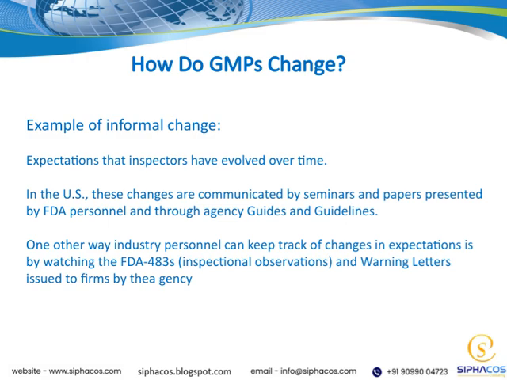Here in the U.S., these changes are typically communicated through various channels like seminars and papers presented by FDA personnel. They also share updates via agency guides and guidelines. Another effective way for industry personnel to stay informed about these evolving expectations is by reviewing the FDA 483s, which are the inspectional observations, as well as warning letters that the FDA issues to firms. These documents highlight areas where compliance is expected to improve and can serve as a valuable resource to keep